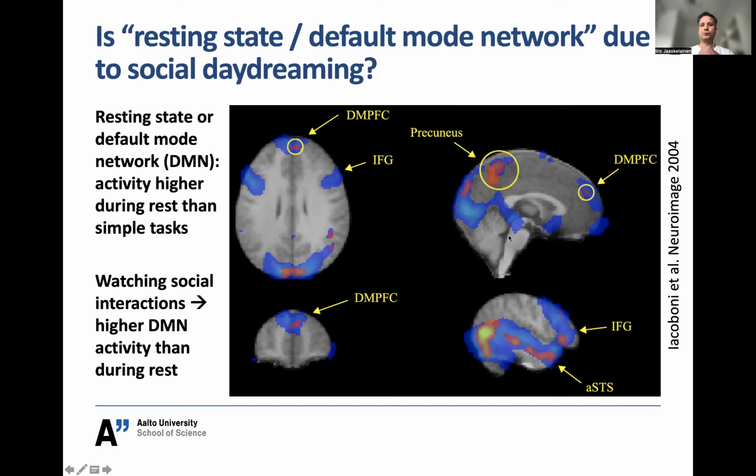And then this points out that, okay, maybe the mystery has been solved. This very fascinating network of brain structures, maybe it has to do with social cognition. Okay,